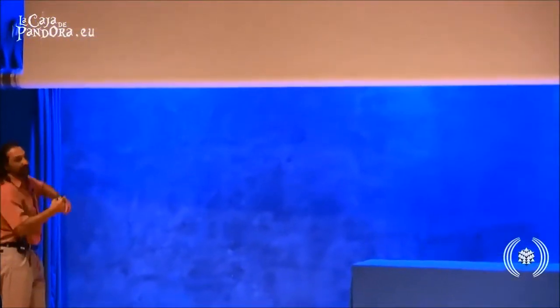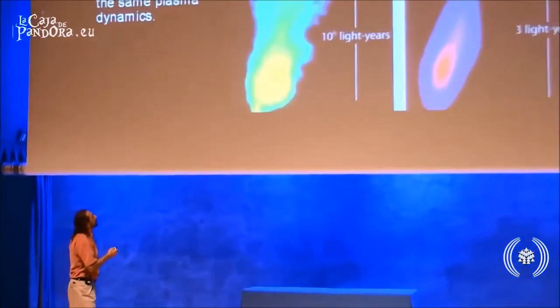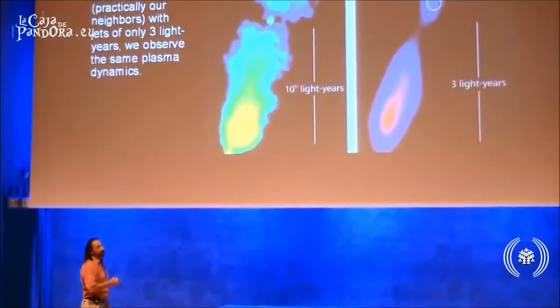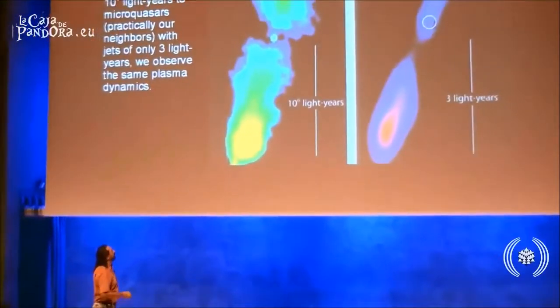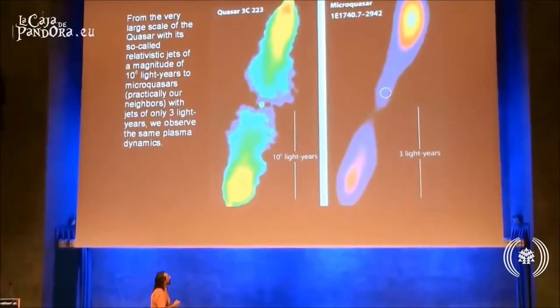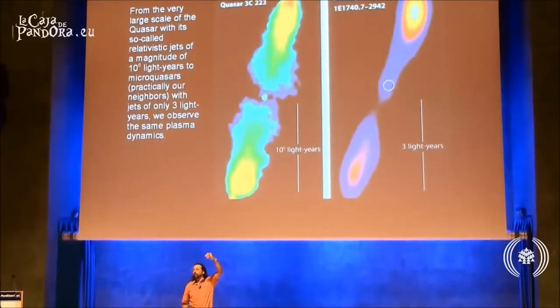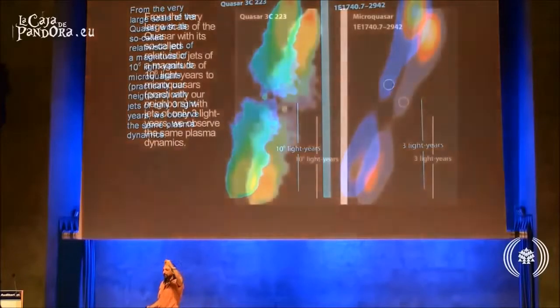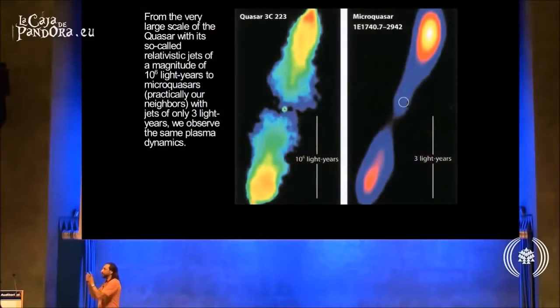So I started to look at cosmological structures, and for instance, here are quasars. These are huge vortices coming out of these objects. This big spinning vortex is 10 to the 6 light years, a million light years long. And when they look at it very closely, it seems like it's spinning at the speed of light as it approaches the black hole. So again, we're finding the same dynamics.